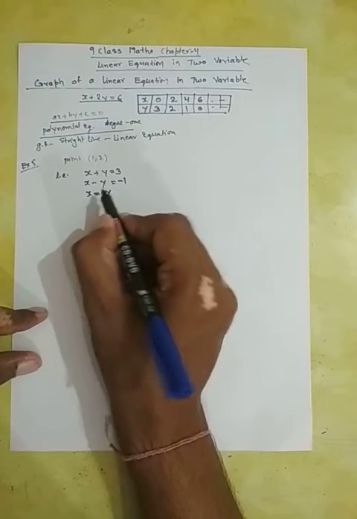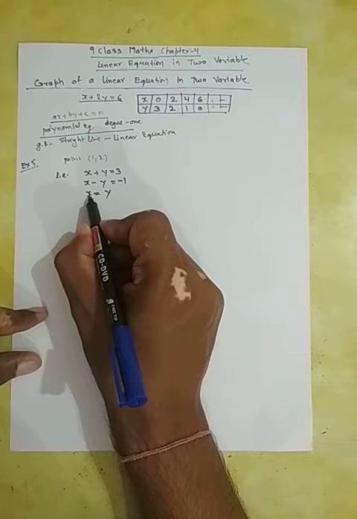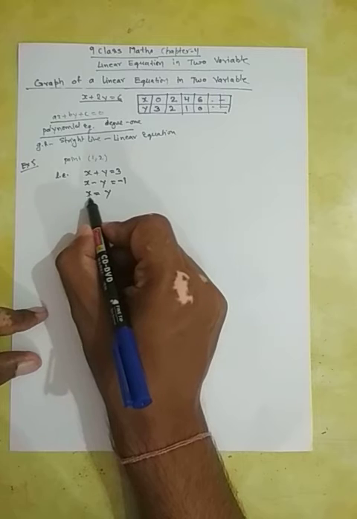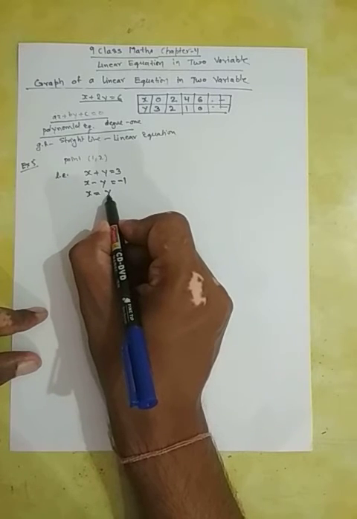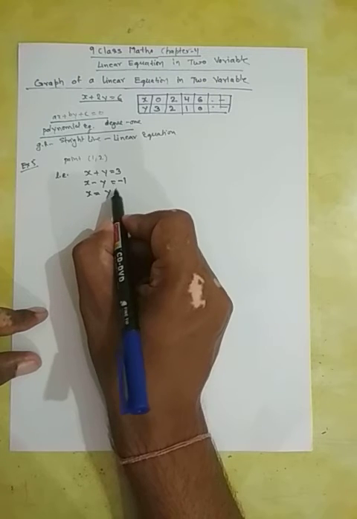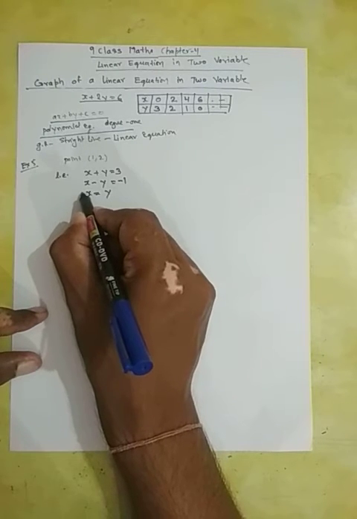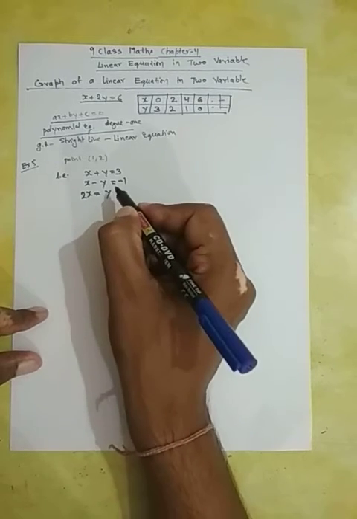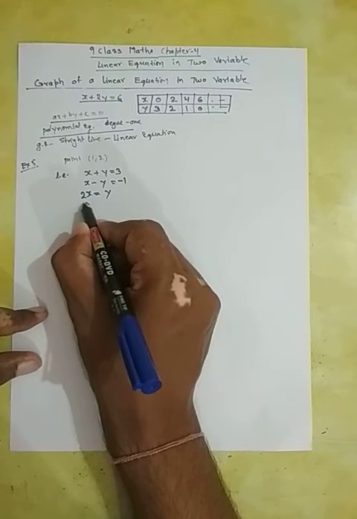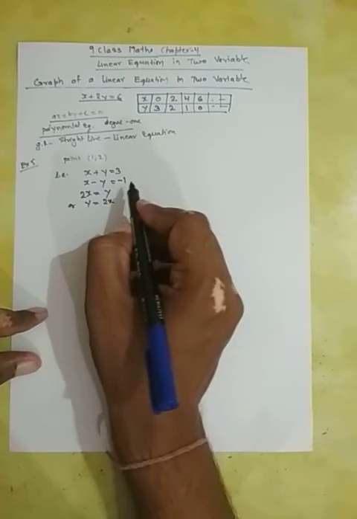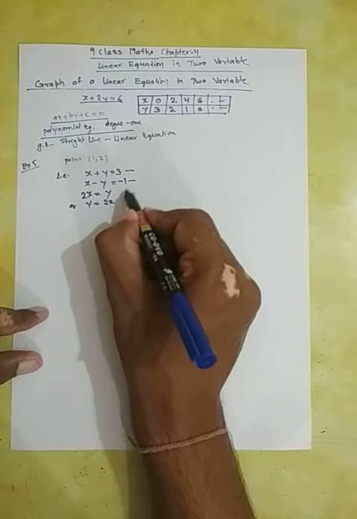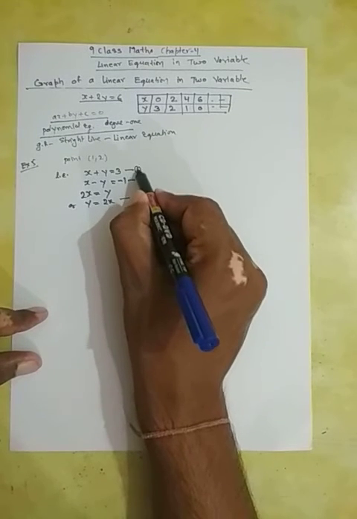y. It is wrong because we put coordinate in this equation x equal to 1, then y equal to 2, then x equal to 2, 1 equal to 2. This is wrong. So we tell 2x equal to y or y equal to 2x. This is the third linear equation.